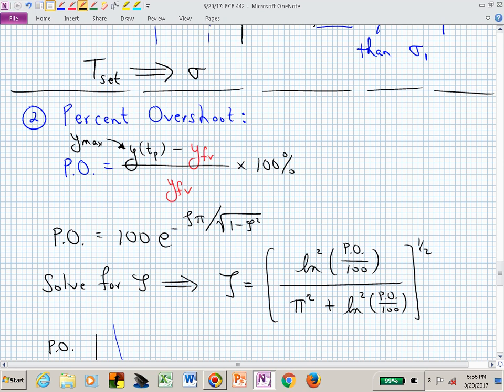And I'm sure you're all going to want to run home and try to solve that equation for zeta, and that will give you this nice expression that you've probably memorized if you've had an earlier class. You now have natural log of PO over 100. PO is in percent. If you had a 20% overshoot, you would have 20 for PO divided by 100. Then you